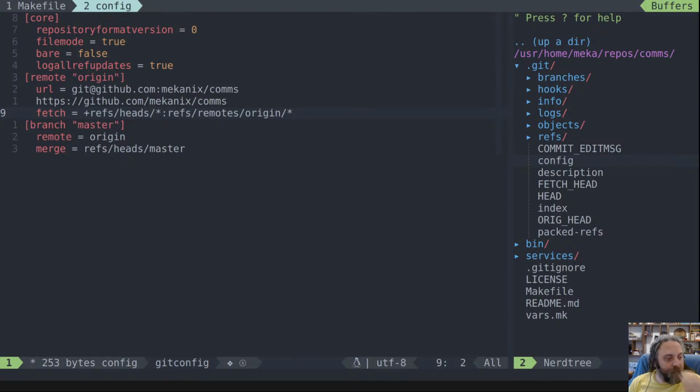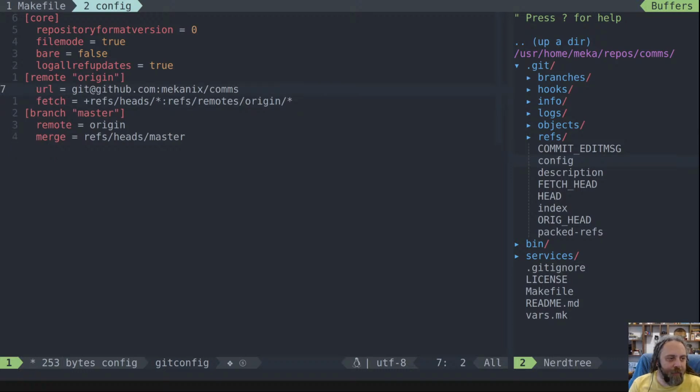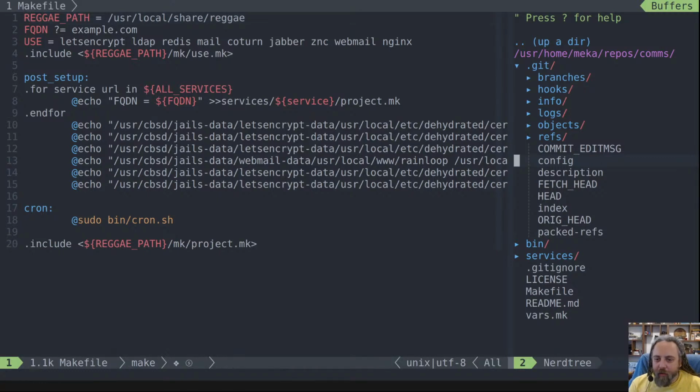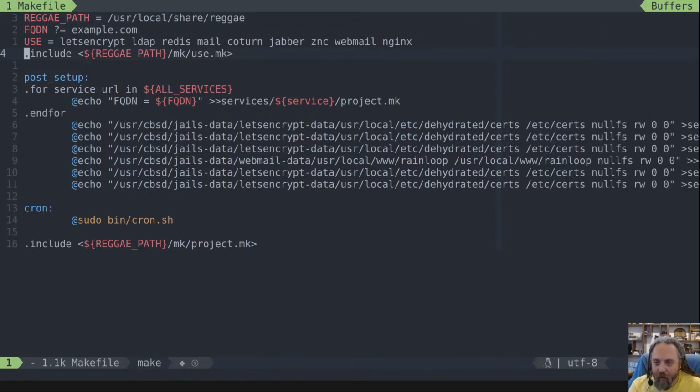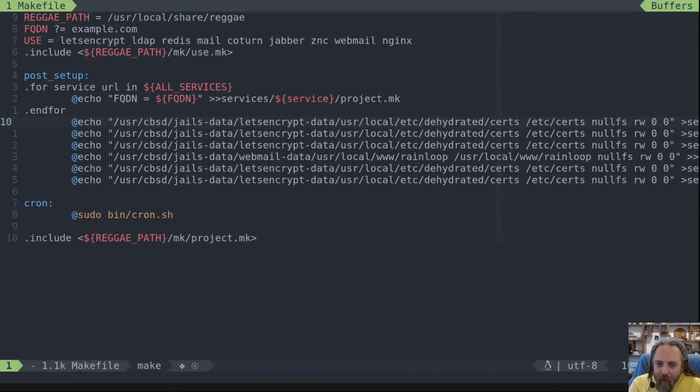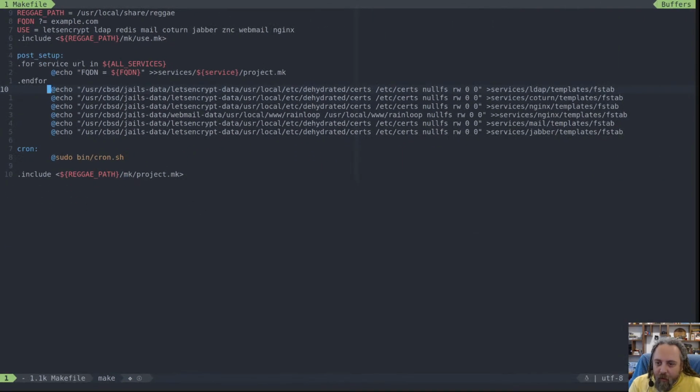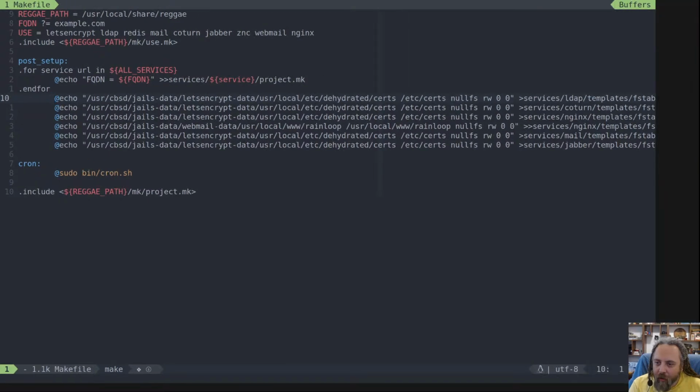Okay. So this URL is where this repository comes from, and you get a makefile that is like this. What I want to show is that